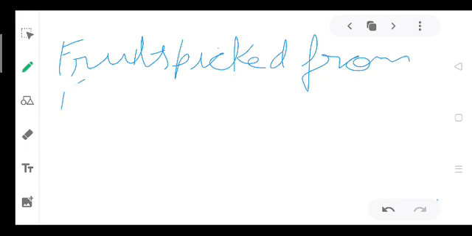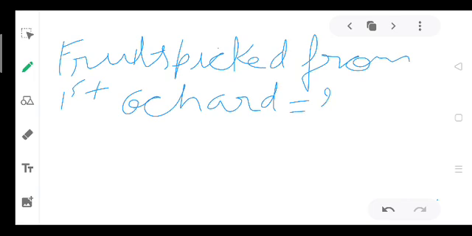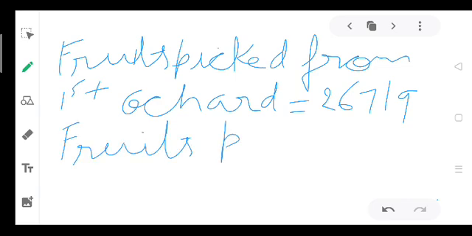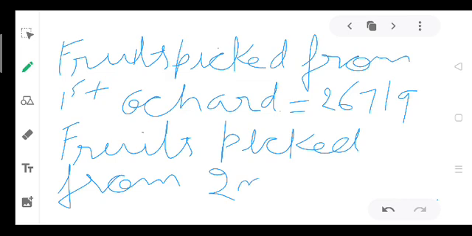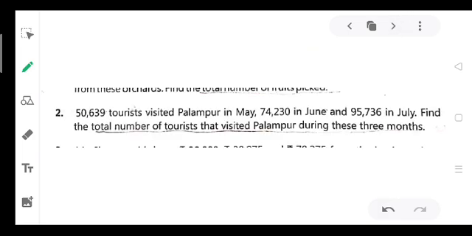From first orchard is equal to 26,719. And another statement, fruits picked from second orchard, that is